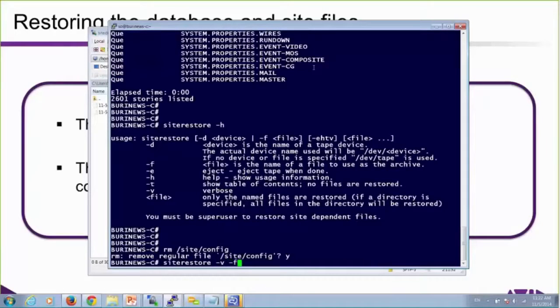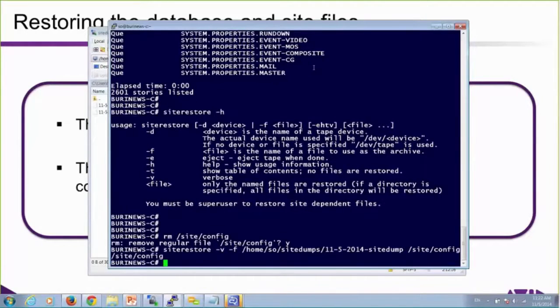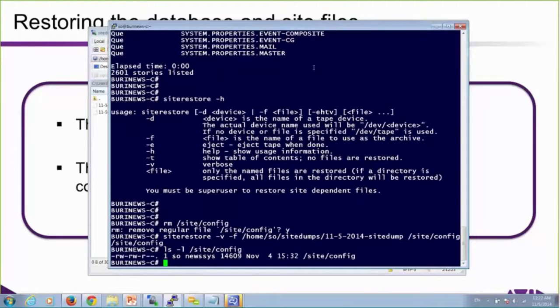-V -F. 11-5-2014. I don't want to restore the entire site dump. I just want to restore one file, so I'm going to enter that file name, and there's my file back. So again, you're only as good as your last backup, they say,